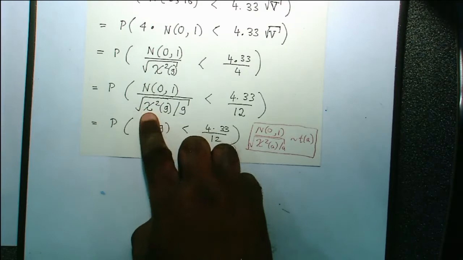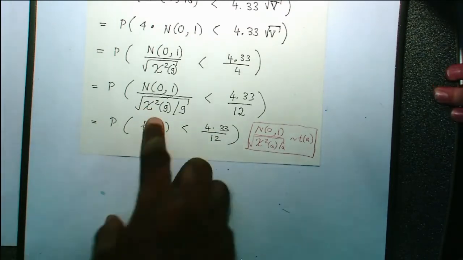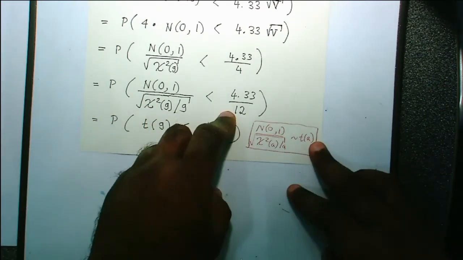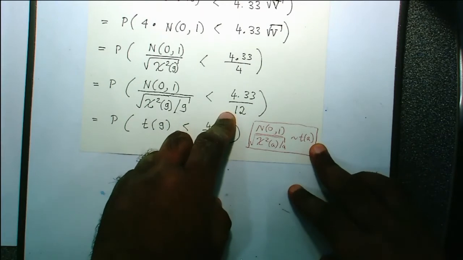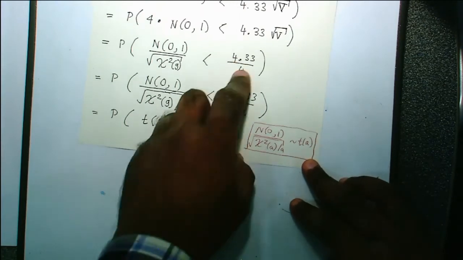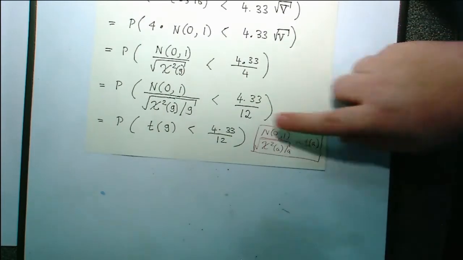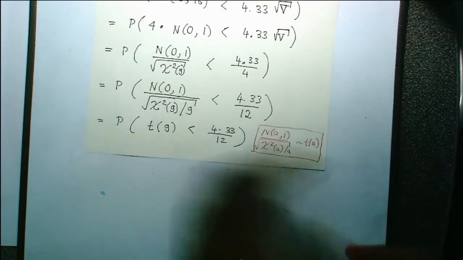So square root of 9 is 3, right? So if you bring square root of 9 here, it will be 3. So 3 times 4 is 12. But look, if you divide by 9, you have to multiply by 9 here. You follow, right? So, which is the same as saying divide by